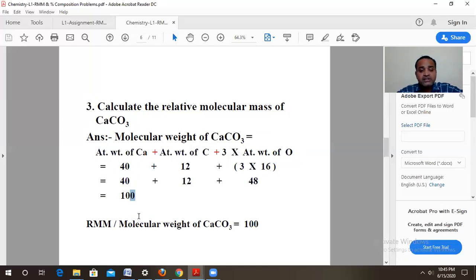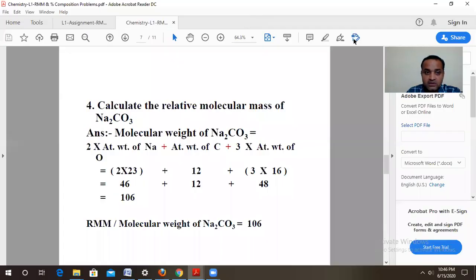And you know, dear friends, this relative molecular mass of calcium carbonate CaCO3 is used in one of the calculations, that is the hardness of water. You will always have to take this value. CaCO3, the molecular weight is 100. The molecular mass is 100. So keep this in mind. CaCO3 is 100, sulfuric acid 98, carbon dioxide 44. Very good. So you're getting it nicely.